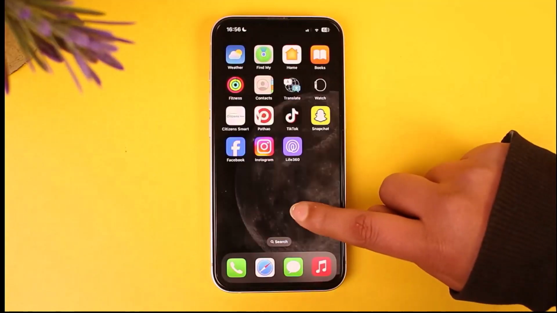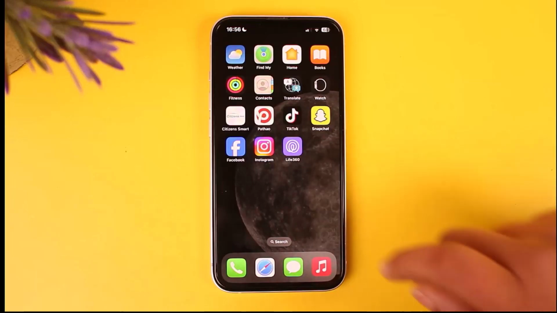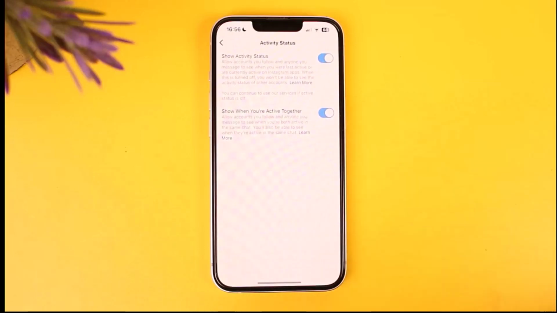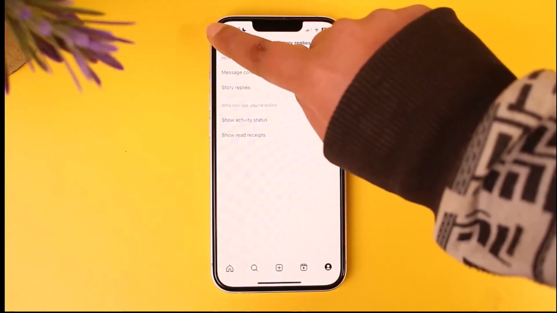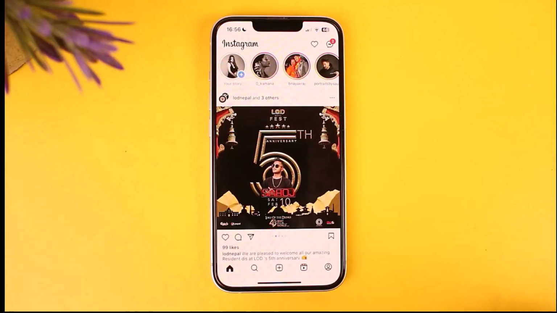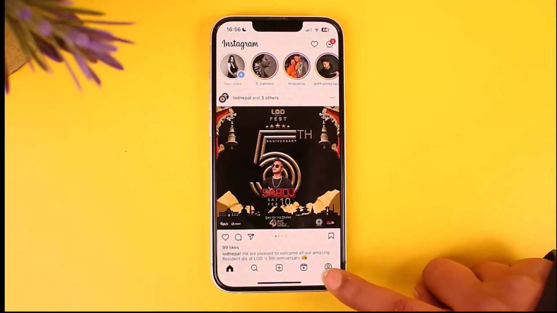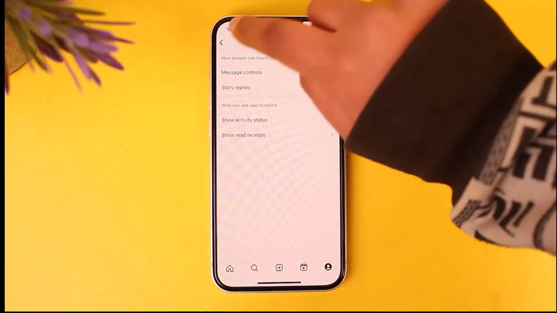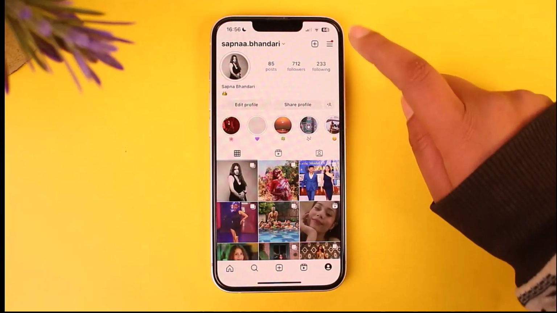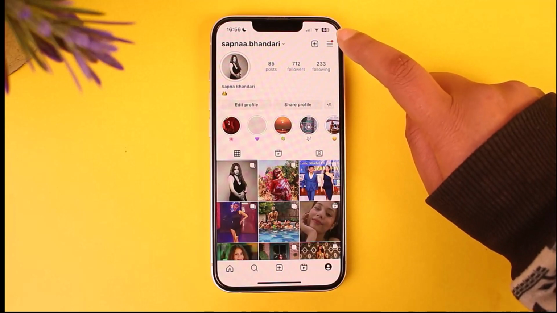Let's get into it. So for that, first of all, access your Instagram app on your mobile phone. Go to home section, and right over here, once you have done so, all you have to do is tap on it. There's a profile icon given below right corner. Now go back and tap on this three horizontal line on top,